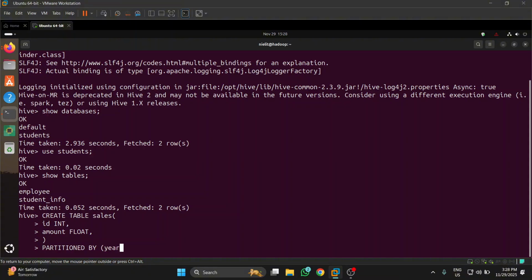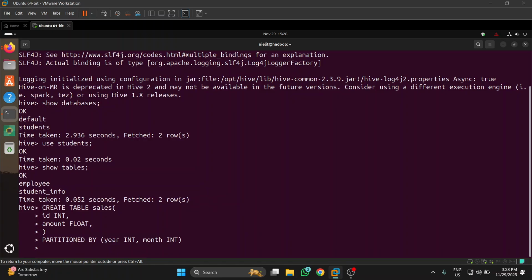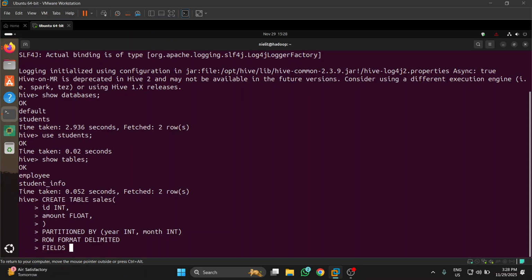I will explain why we are doing it, and what the benefits of creating a partition table are. Month. I am creating two extra columns, but I am specifying that I want to partition by these. So I will write the same row format delimited fields terminated by